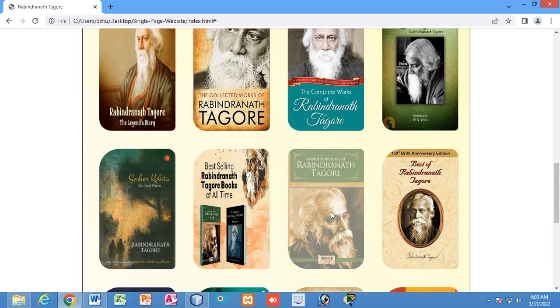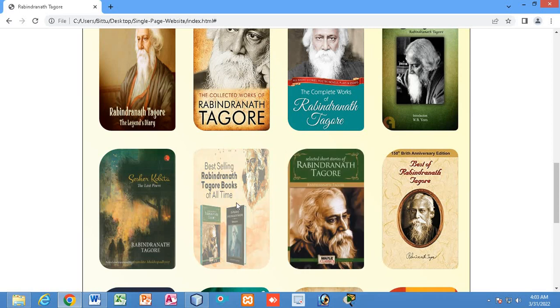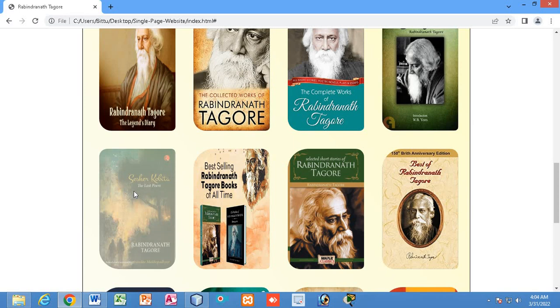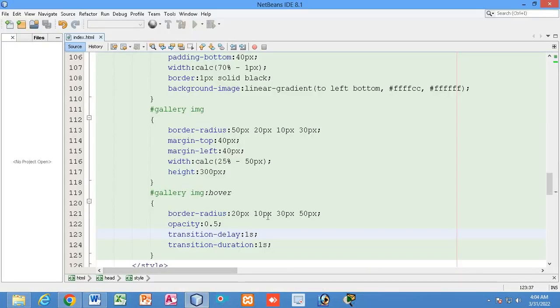It is taking 1 second for the CSS property to change its value, and also it is not starting immediately. It is starting after a delay. That means we can manipulate the immediate effect of the hover effect by adding this transition delay.